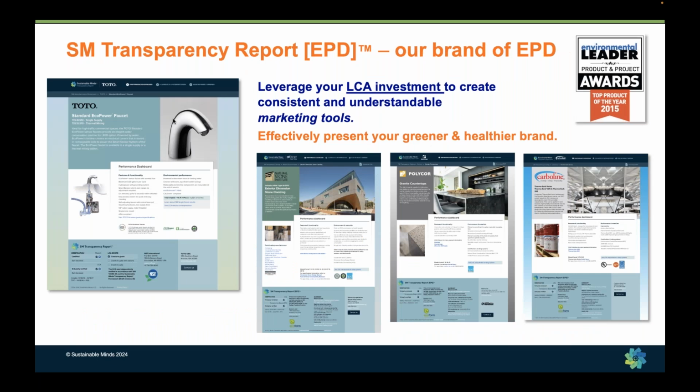Our brand of EPD, we call it a transparency report. ISO 14025 says a program operator can call their type 3 environmental declarations anything they want. Actually, EPD is a colloquialism. It's not even the technical term. We decided we wanted to call our report something a little bit different to indicate that it's more than a